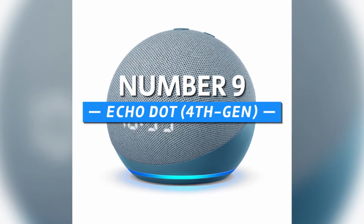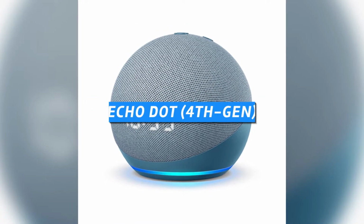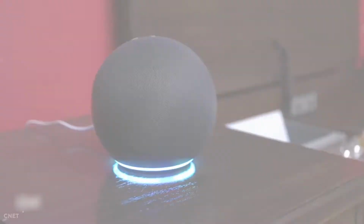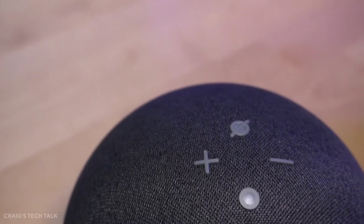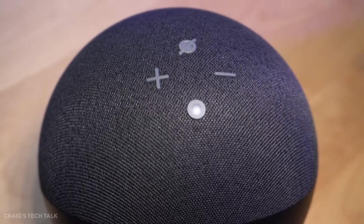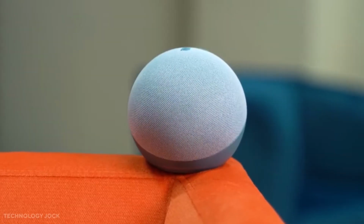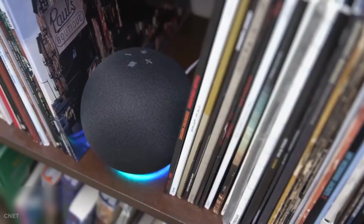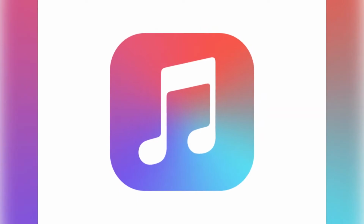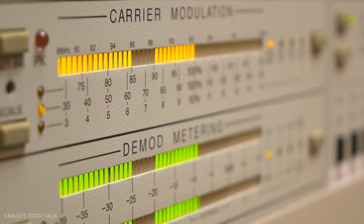Number 9. The Echo Dot, 4th Gen. If you want a smart assistant that can also generate solid sound, the new Echo Dot is a good choice. Let's get straight to the point. The Alexa voice control is what gives the 4th generation Echo Dot an edge over many other devices. With complete hands-free control, you can play your favorite streaming services like Amazon Music, Apple Music, Spotify, radio stations, podcasts,